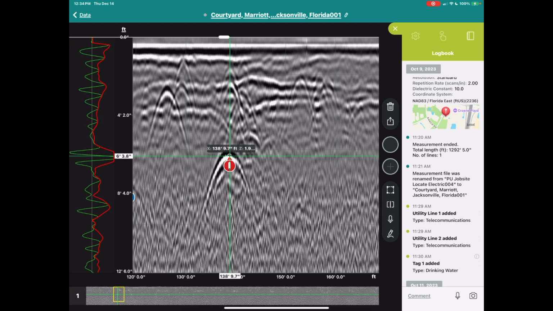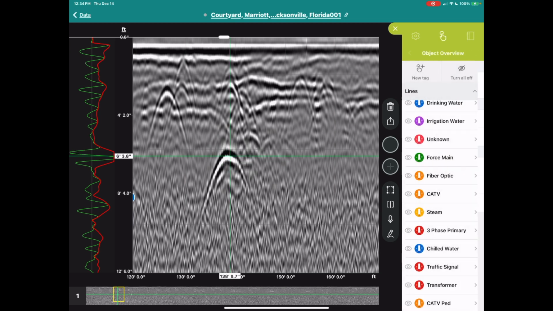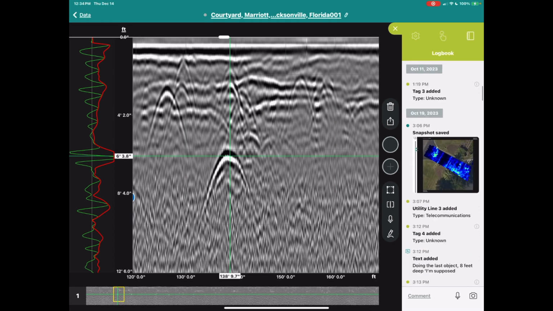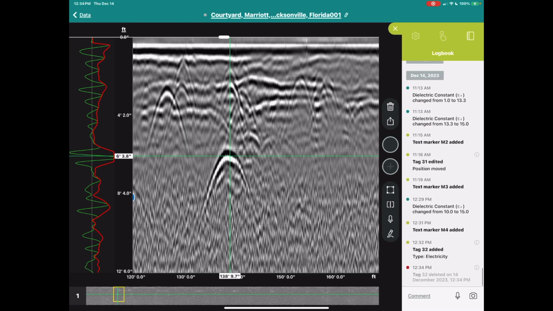So if you put a tag in the data set, that gets recorded. If you delete that tag, that'll also be recorded. If I scrub down to the very bottom, you'll see I just deleted a tag. Any lines you put in here, markers, text, comments, anything you add to the project will be recorded here in